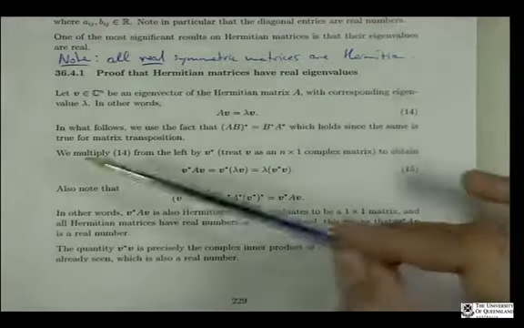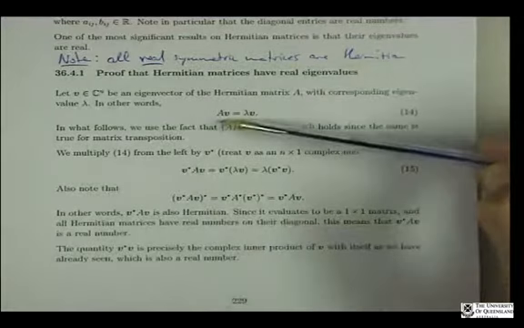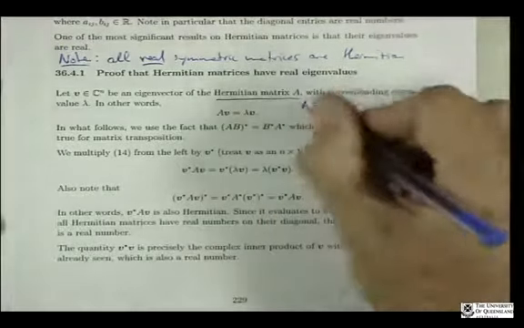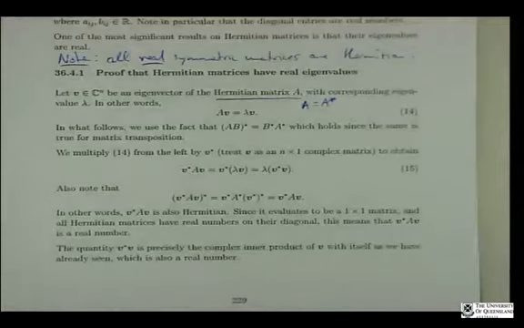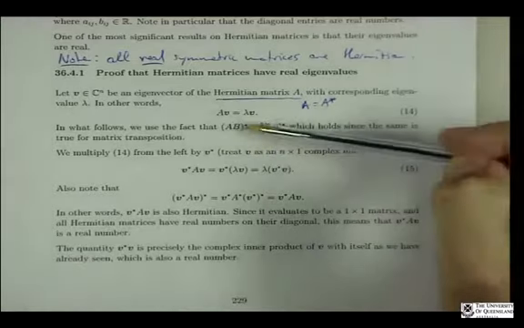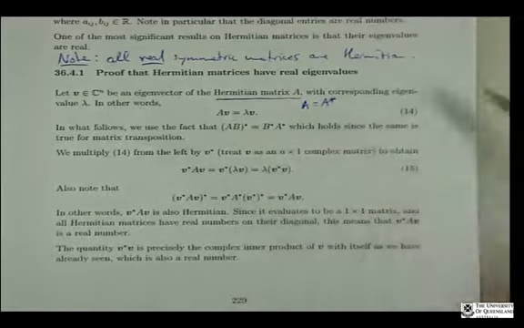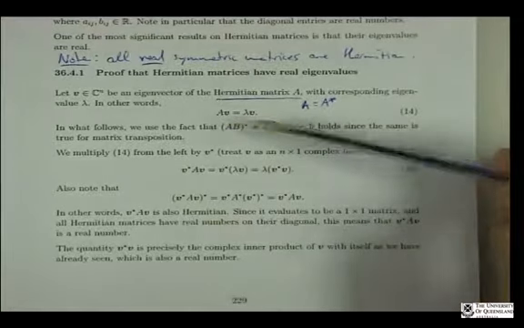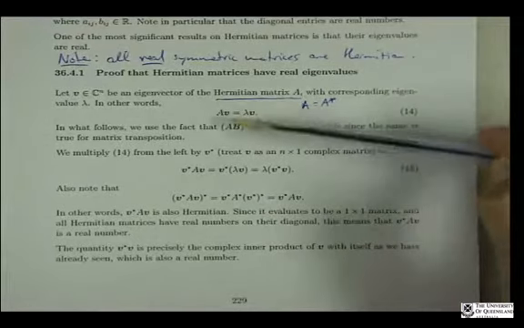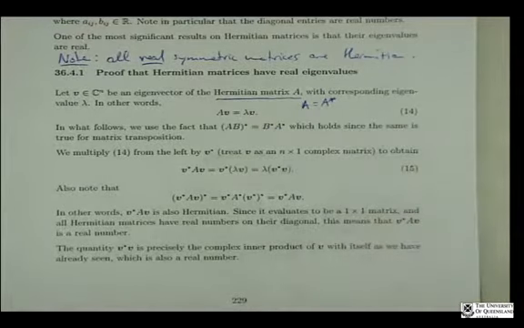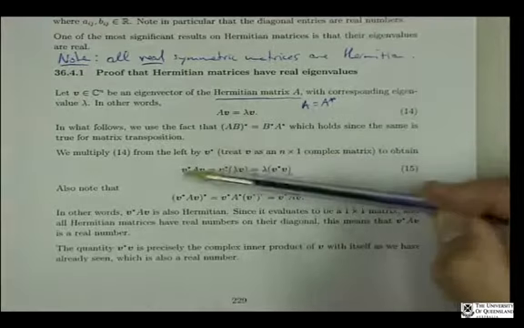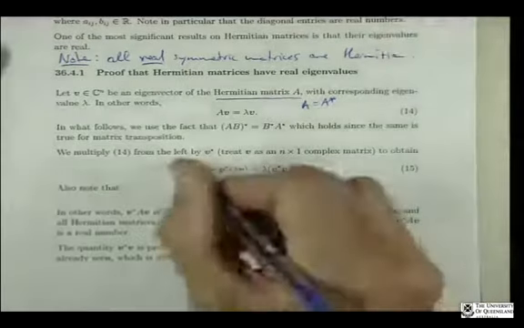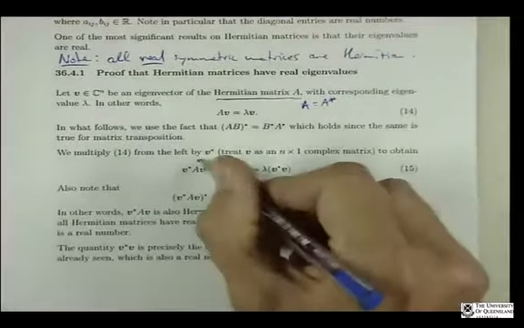All right, so now we'll assume that A is a Hermitian matrix, so we'll assume that A is equal to its own conjugate transpose. This is just the definition of eigenvector and eigenvalue, so we let v be an eigenvector with corresponding eigenvalue lambda. Now what we'll do is take this equation and multiply both sides from the left by the conjugate transpose of v, v star. And remember, v is an n by 1,